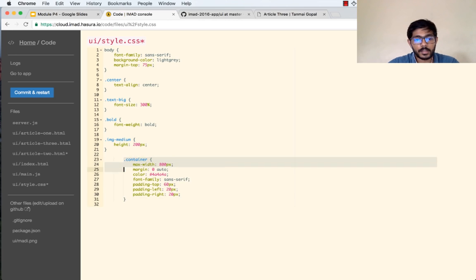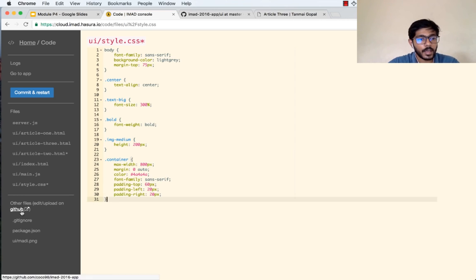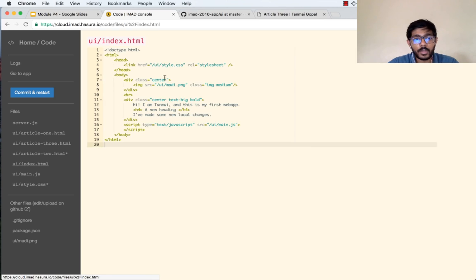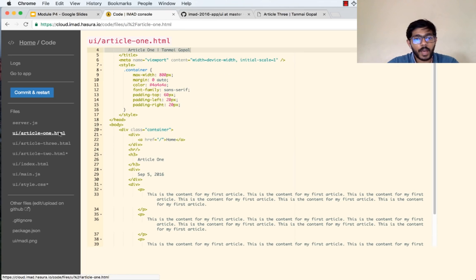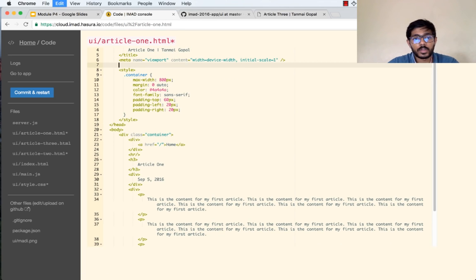I'm going to align this a little bit. I press Shift Tab to align that. And what I'll do is now, obviously, because I'm using style.css, I have to refer to the style file inside my HTML code. So I'm going to take this line, which is linking the file, and I'm going to add it to